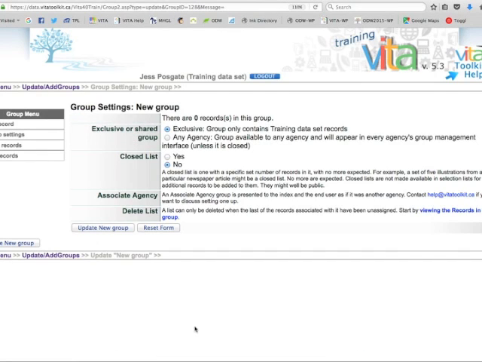Click Go, and what you're taken to is the settings page, and this is where you can choose some of the settings that we talked about before, whether or not you want to share the group with other agencies so that other people can add and use that group to create their own collection of material, whether or not you want to have a closed list or an open list, meaning if I have a vertical file that is a finite number of